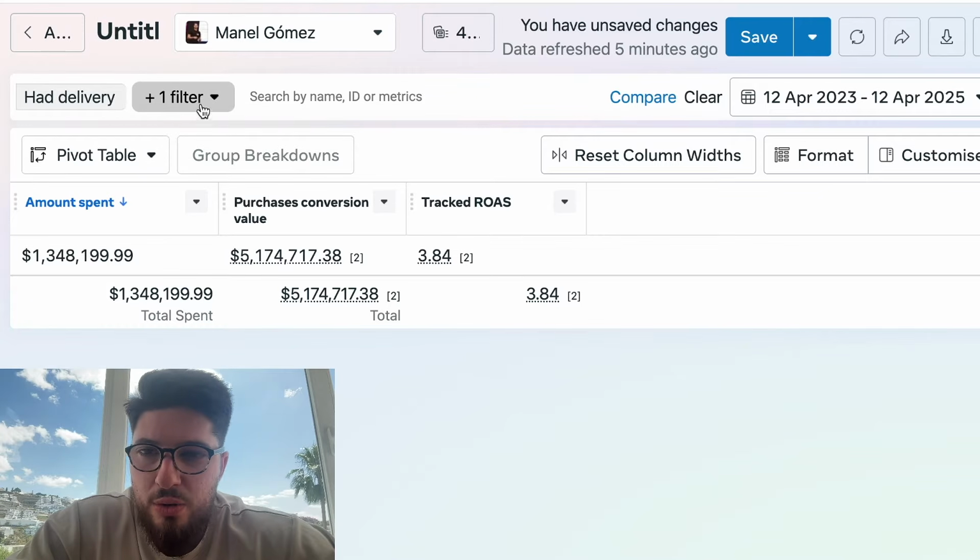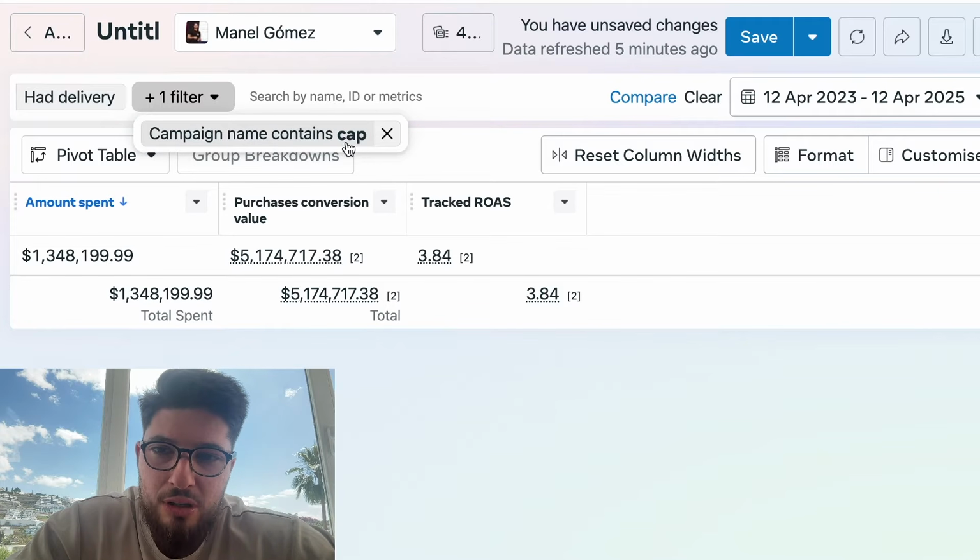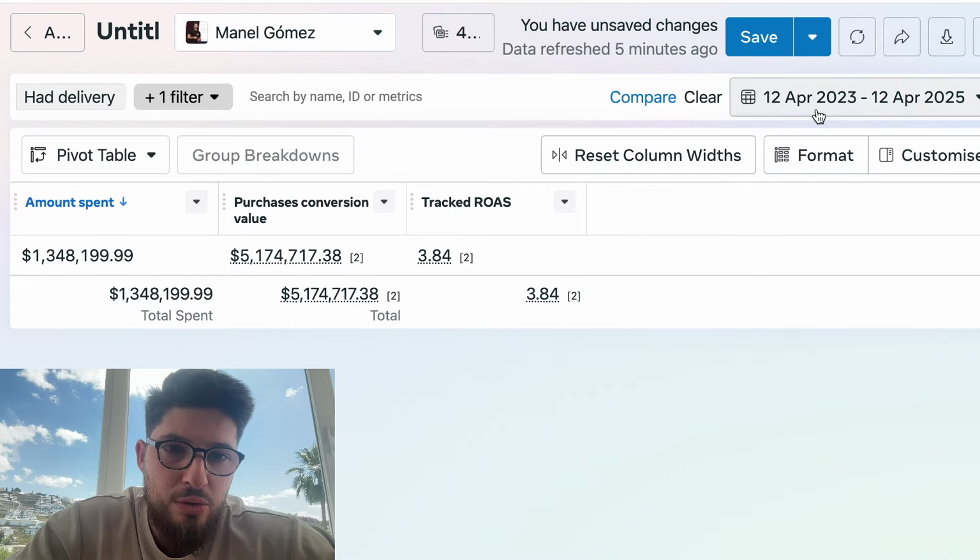And how you can implement the same thing in your accounts to scale further and not just depend on automatic bidding, which is quite boring. So let's look at proof first, and then we go straight into the flow diagram and see how it works. Let's go. All right, so if we filter here by campaign name contains cap, and you look into April of